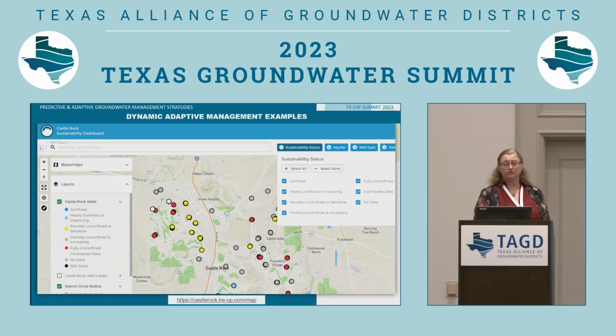This is a screenshot of a tool that we developed for a city south of Denver. They pump from a confined aquifer, I would say 500 to 800 feet deep. It's not super deep, but it has really low transmissivity. So they've got these wells all over the place. They're not high producing wells, anywhere from 100 to 300 GPM max. And so their operational strategy for managing this system in order to produce enough water for the city is to